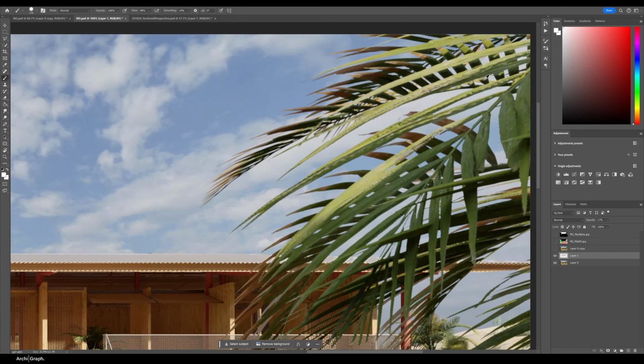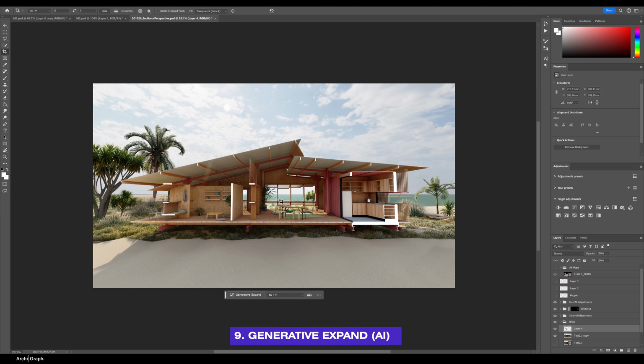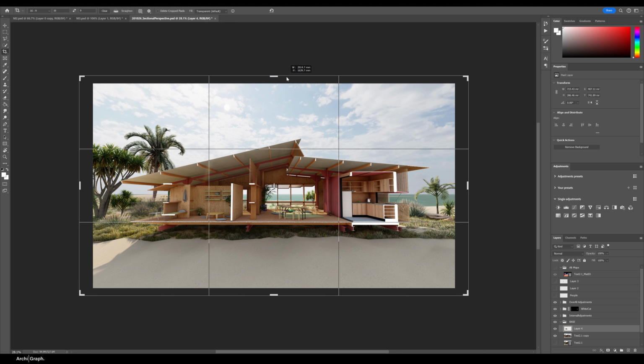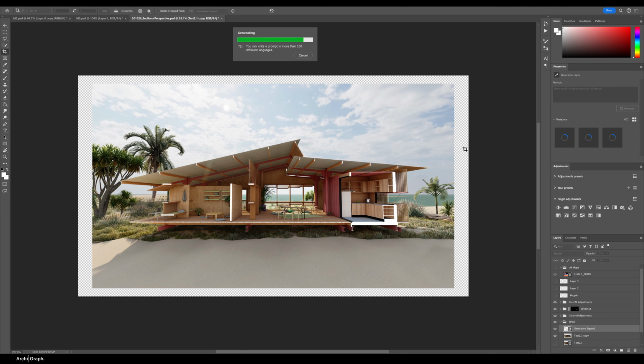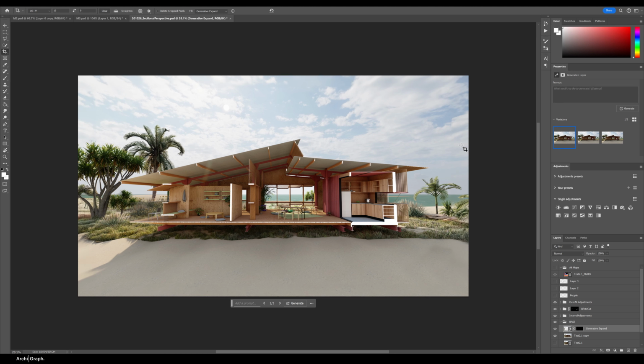So if you've ever made an image and you need to make it larger for whatever reason, but you don't have time to re-render out a scene and it's not a seriously large increase, you can use Generative Expand, and that will allow AI to fill out the remainder of your image. So just hit C for the crop tool and then increase your image by the amount that you need. Click the Generative Expand and then leave this text box blank. Just click Generate. This is really helpful if you just need to increase an image slightly to get a better